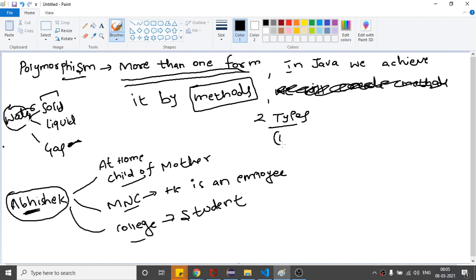First is method overloading, which we have already discussed just now. We also say method overloading or compile time polymorphism. Why are we saying it is compile time polymorphism?